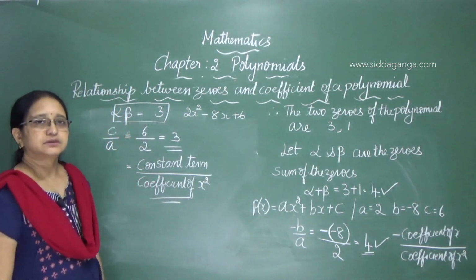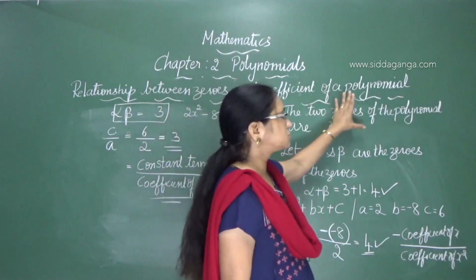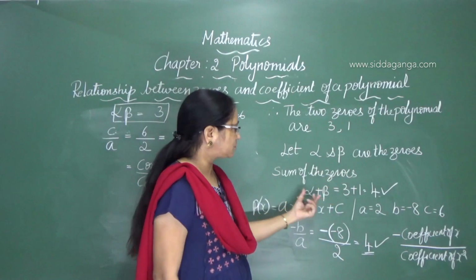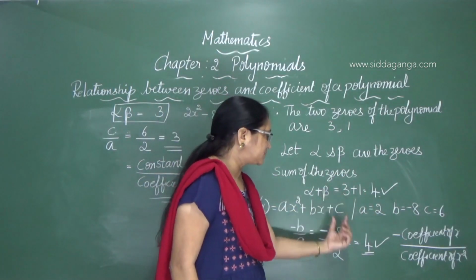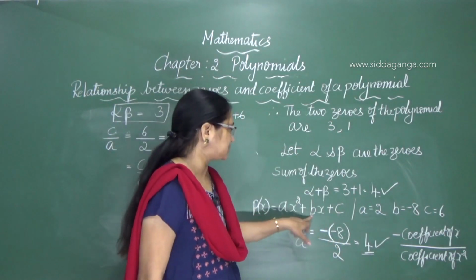Like this. See, I have finished. First, I found out the zeros of the polynomial. Next, alpha and beta are the zeros. So, I got the sum of the zeros. Then, I am comparing that with the coefficient of the general form, that is here ax square plus bx plus